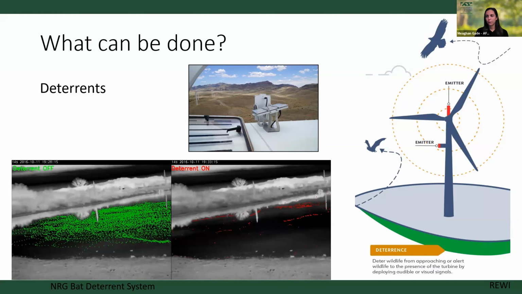This is an image from an energy company, NRG. It's the NRG bat deterrent system. You can see here in green, this is before the deterrent. Just to note, this is not at a wind facility. This is actually at a lake. So this mirror-like glass part is a water body, and all these green dots mark the flight path of a bat. You can see the bats are all over the place when the deterrent's off. This is just natural behavior. When we turn the deterrent on, we get much less bat activity. So this is really compelling evidence that these deterrents really do work.